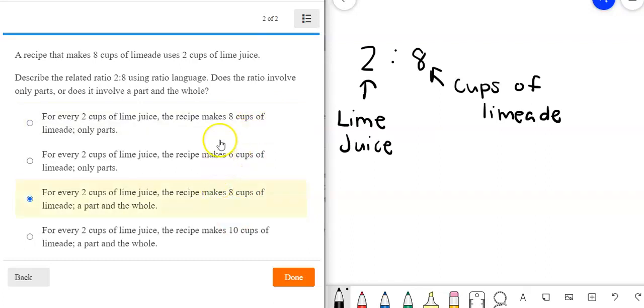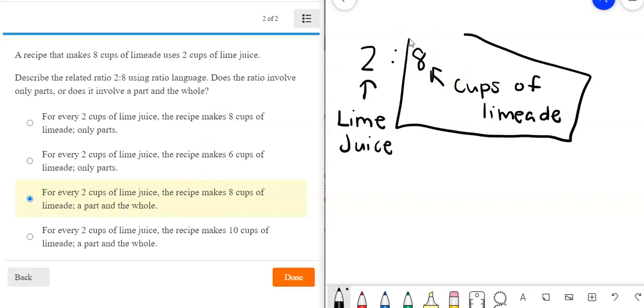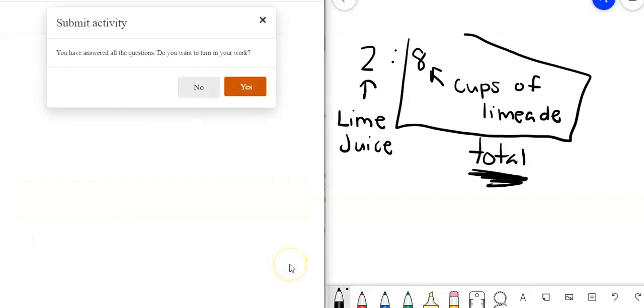Now we have to figure out, is it only parts or is it parts and a whole? And it's going to be parts and a whole because this is 8 cups of limeade total. That's how much it is making. So we're not taking 2 parts here. The cup of lime juice goes into the limeade, and you are done with Check Understanding on page 141, or if you were doing it online with us in your math